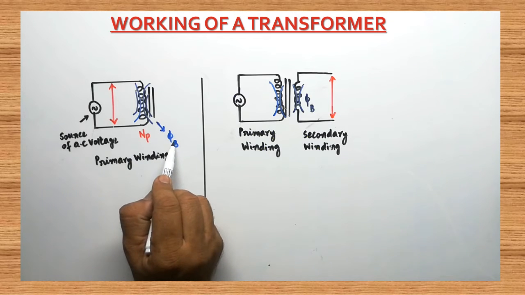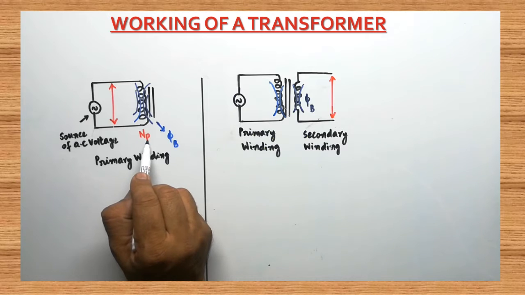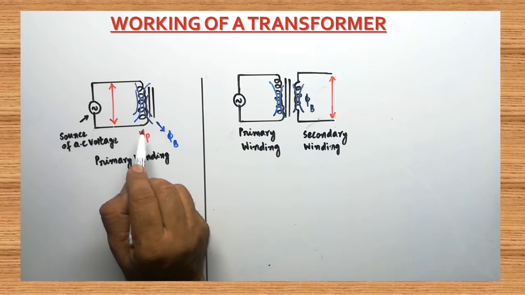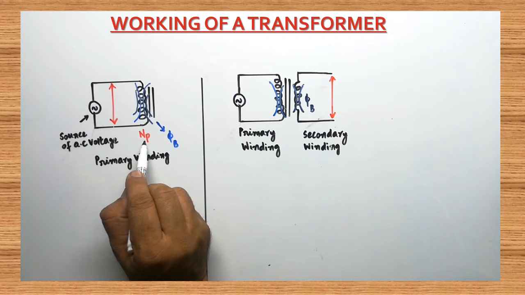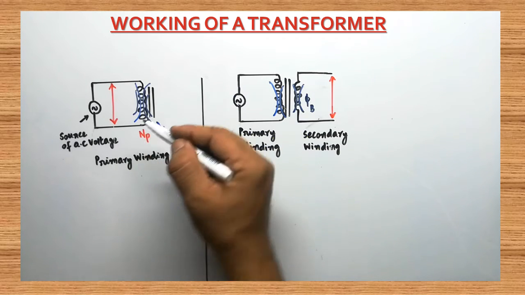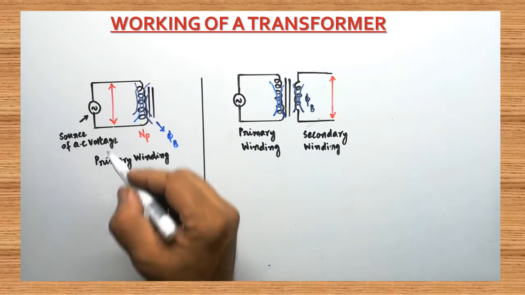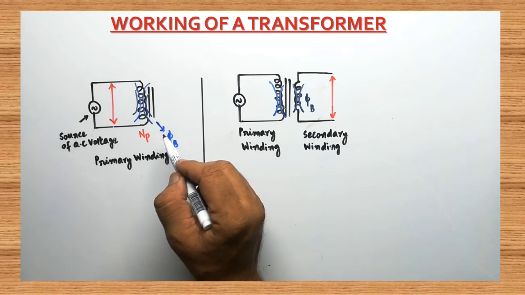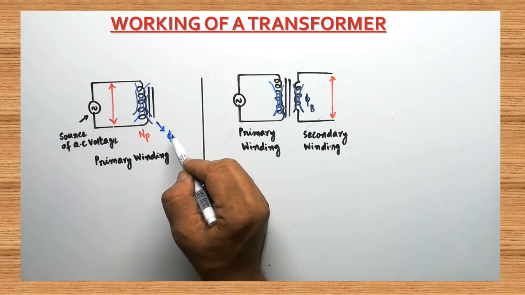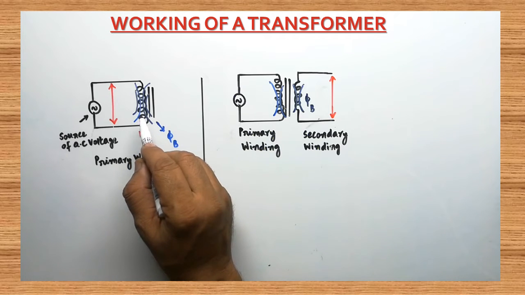The magnetic flux linked with the coil is related to the N number of turns in the primary. Are you clear? Not a single winding. So many windings are there, N number of windings. That is called NP. So the magnetic flux is changing within these NP number of turns. Are you clear? When magnetic flux changes, as per Michael Faraday's first law and second law, there will be an induced EMF produced here.